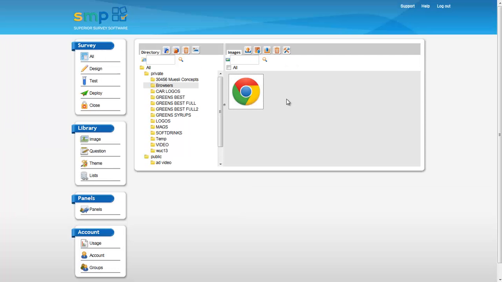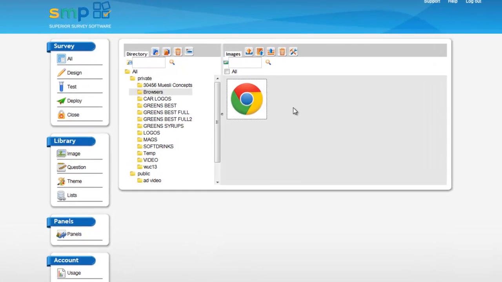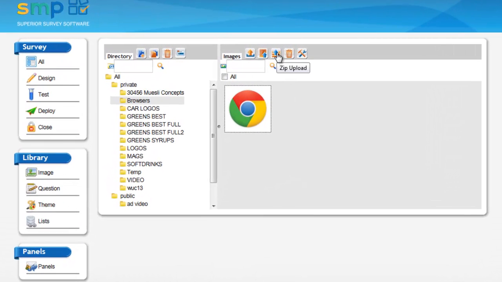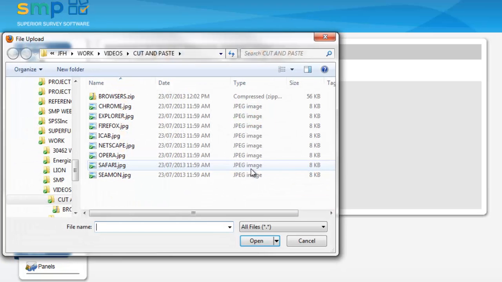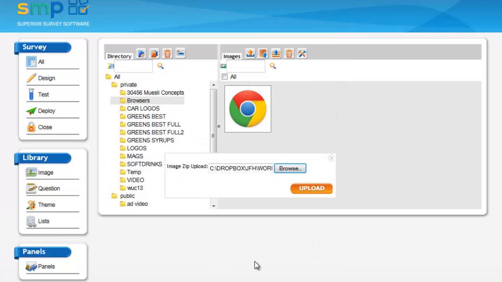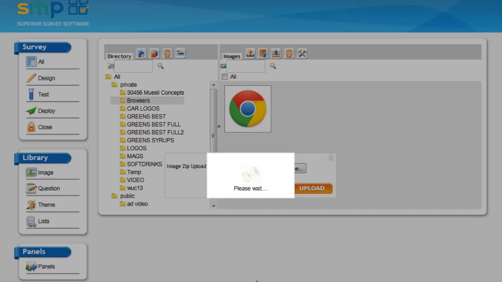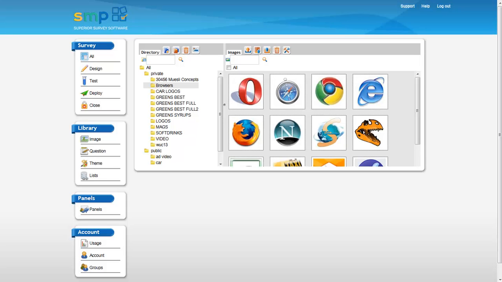Now I'll show you how to bring them all up in one go. And to do this, what you do is you put them all in a zip file. So I've got a whole lot of browser logos now in a zip file, and I open the zip file upload option, which is this third button here, or this third icon. I click on that. I browse to where my zip file is, and here it is here, and all these browsers are loaded into that zip file. I click on that zip file, say open, say upload, and now you can see that all my browser logos